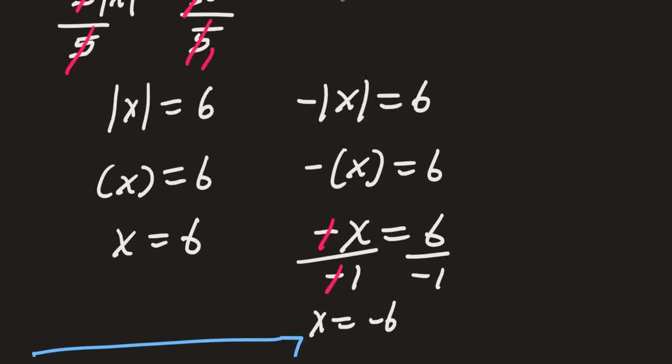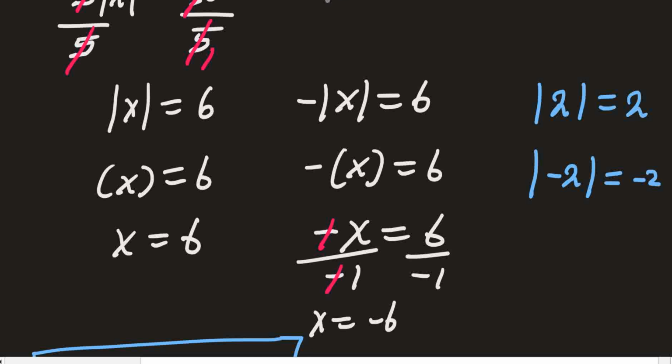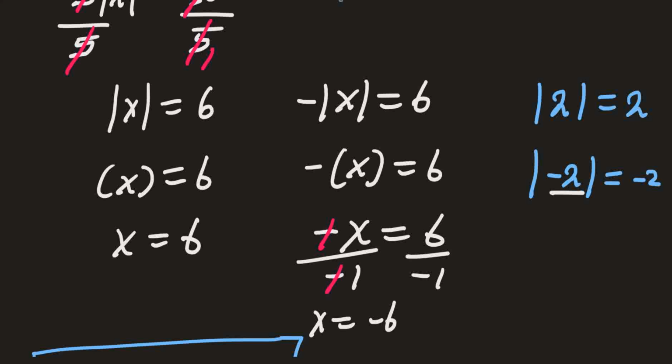For example, the absolute value of 2 is equal to 2. And the absolute value of -2 cannot be -2. Now, this is the reason we place a negative sign before the absolute value. If what you have within the absolute value symbol is a negative value, automatically you place a negative sign before it